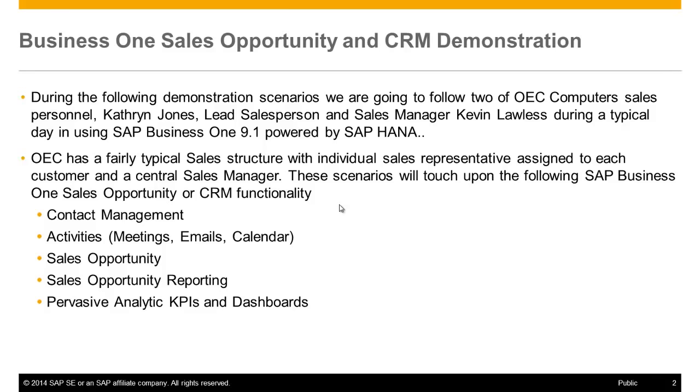Welcome to the SAP Business One 9.1 powered by SAP HANA Sales Opportunity and CRM demonstration. During the following demonstration scenarios, we will follow two of OEC Computer's salespeople, Catherine Jones, a Midwest salesperson, and sales manager Kevin Lawless during a typical day using SAP Business One 9.1 HANA. These two scenarios will focus on components of the sales opportunity and CRM functionality built into SAP Business One. We will demonstrate these scenarios using the SAP Business One United States and Puerto Rican localization and our demo database